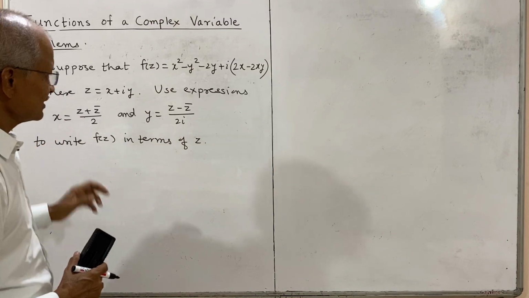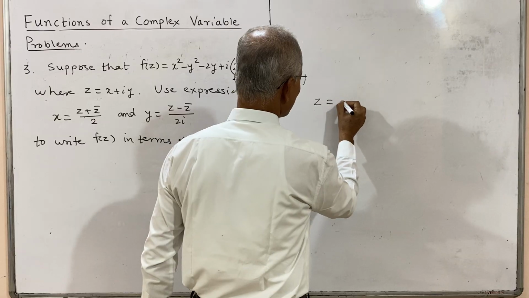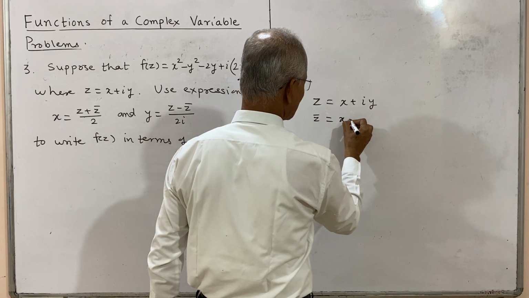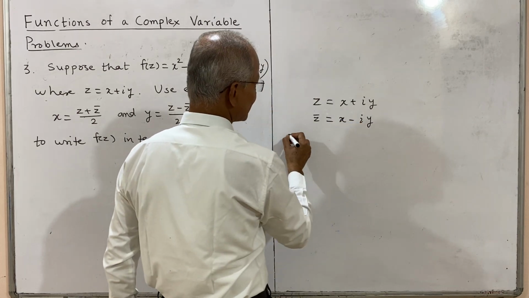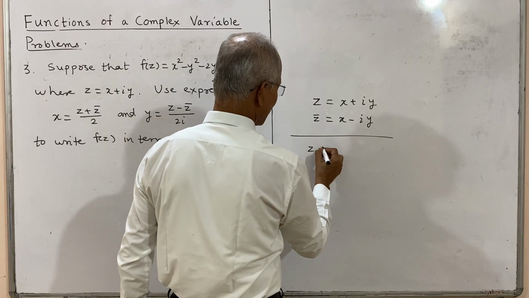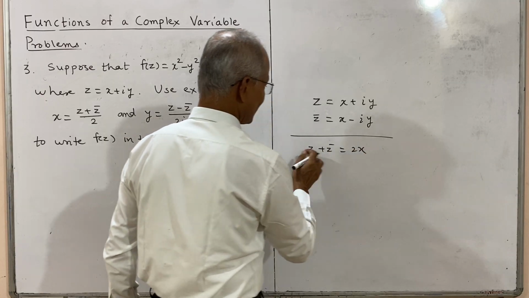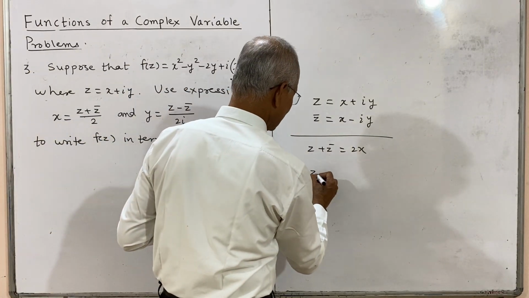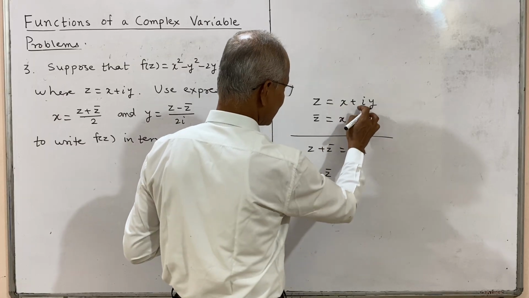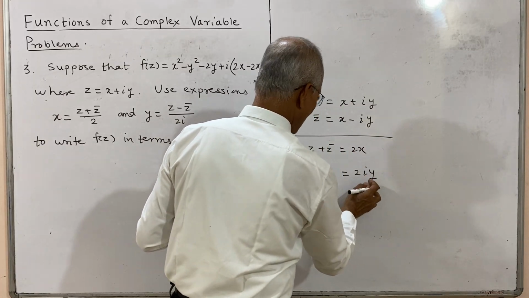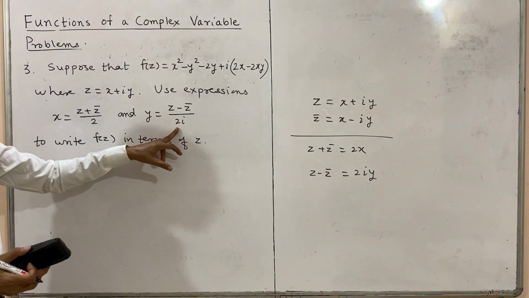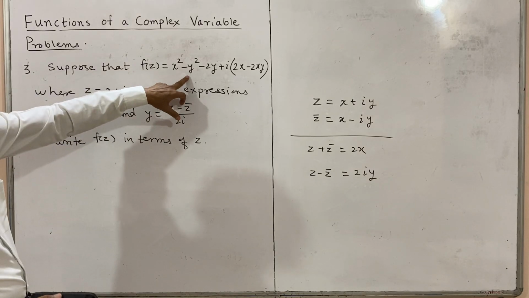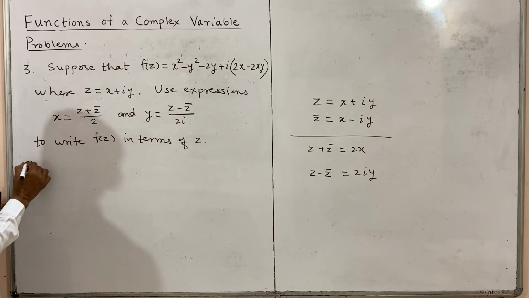Now see, we have studied this earlier. If z is equal to x plus i into y, then we know its conjugate is x minus i into y. If you add these, the addition z plus z bar is 2x, and therefore x is z plus z bar divided by 2. If you subtract, this gives z minus z bar; x cancels and it is 2iy, and therefore y is z minus z bar divided by 2i. So it is simple to verify these values, and we simply have to put x and y on the right side and simplify. Solution for this